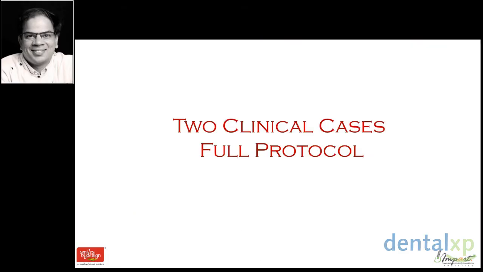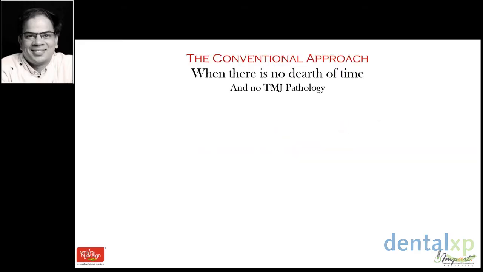We'll see a full protocol of these two patients, but first we'll start with this little timeline that I've made. This is where a patient comes to you for a full mouth rehab with a worn dentition, has no TMJ pathology, muscles are fine, and he has a little time to spend on his entire treatment. My first visit with the patient would be all the diagnostic data. I would collect impressions, and take all the pictures and photographs that are required to treatment plan. I'll wait for around 48 hours, after which I will make a deprogrammer for the patient, preferably something which he can wear overnight, something like a Kois deprogrammer.